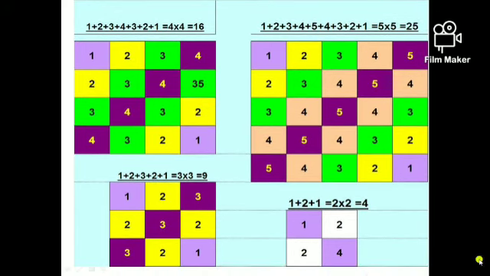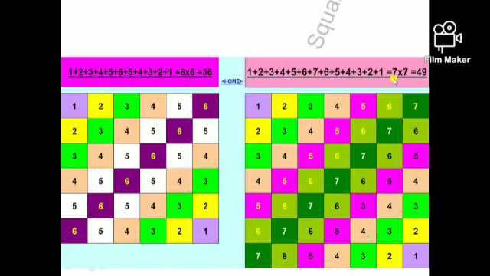Here this is the first chart. 1, 2, 1, 4. 2 square is equal to 4. Here we are adding up to 3, then reverse order. How much is the answer? 9. Here the next number is 3. 3 square is equal to 9. Here look, we are adding up to 4, then reverse. Then 4 square is equal to 16. Now here up to 5 is added. Here 5 square is equal to 25. Now we can come to the next chart.